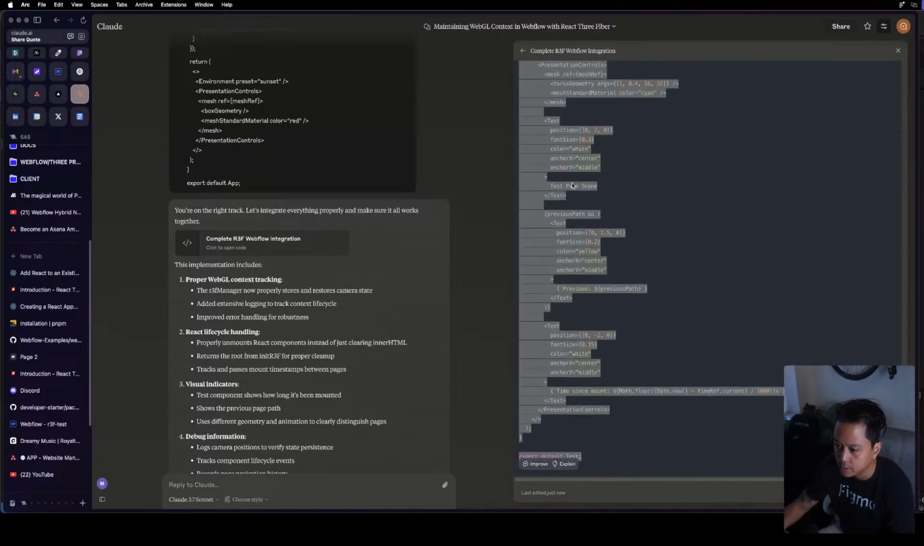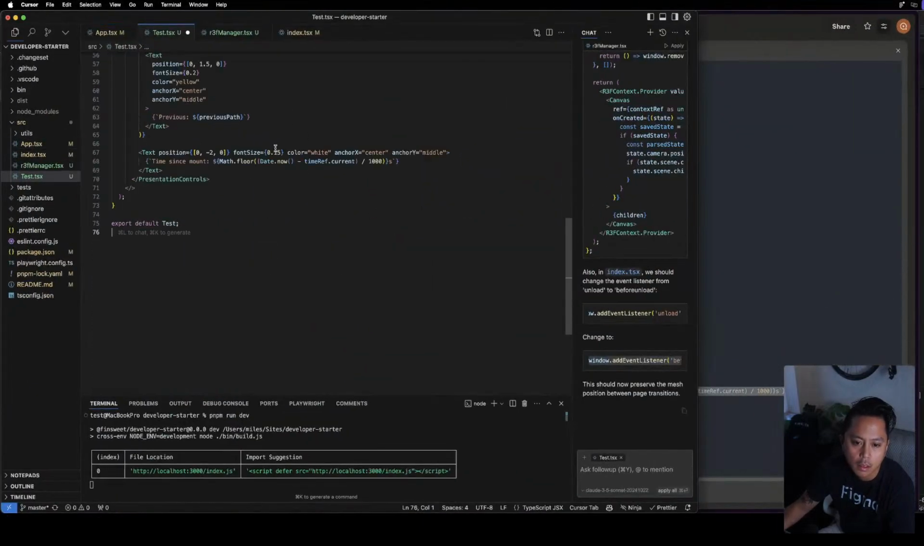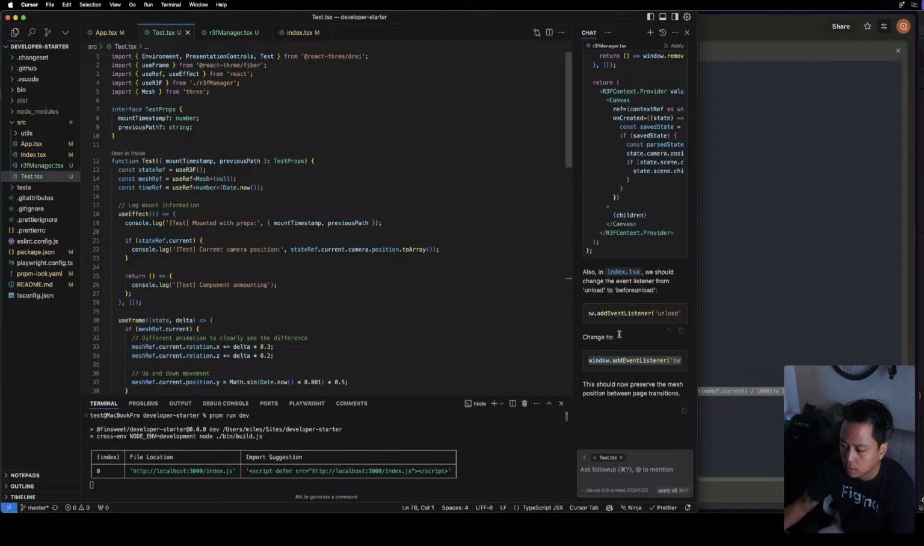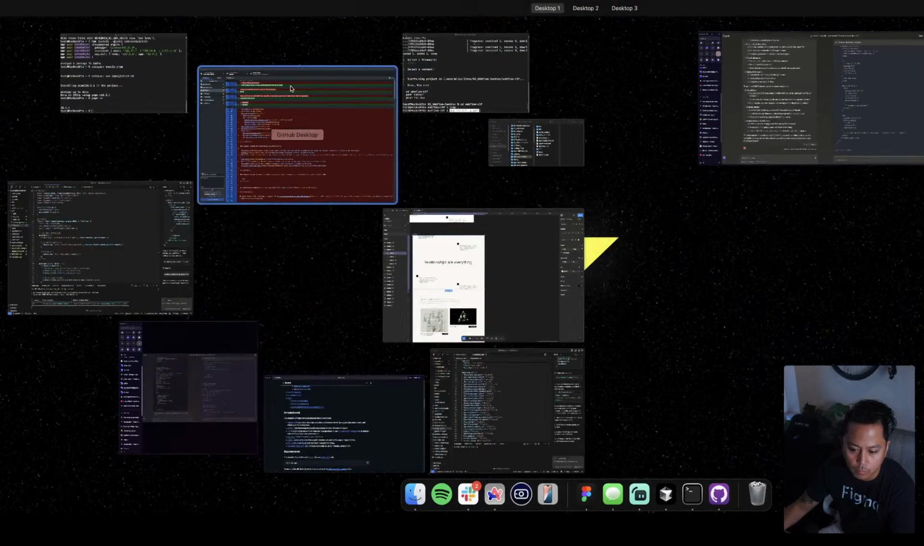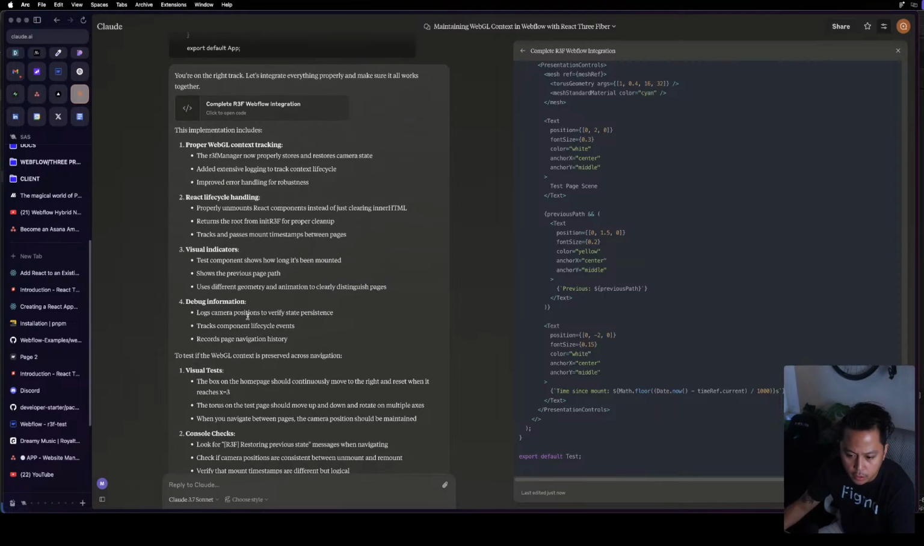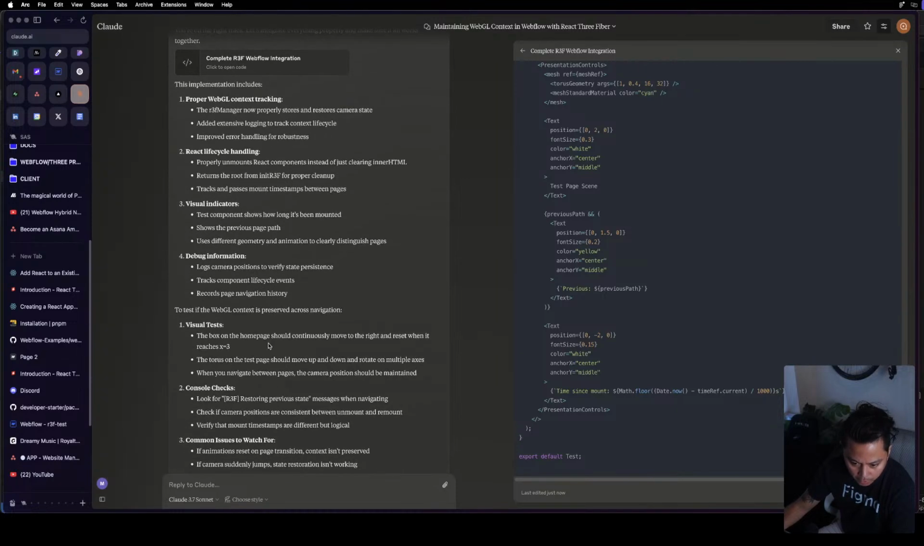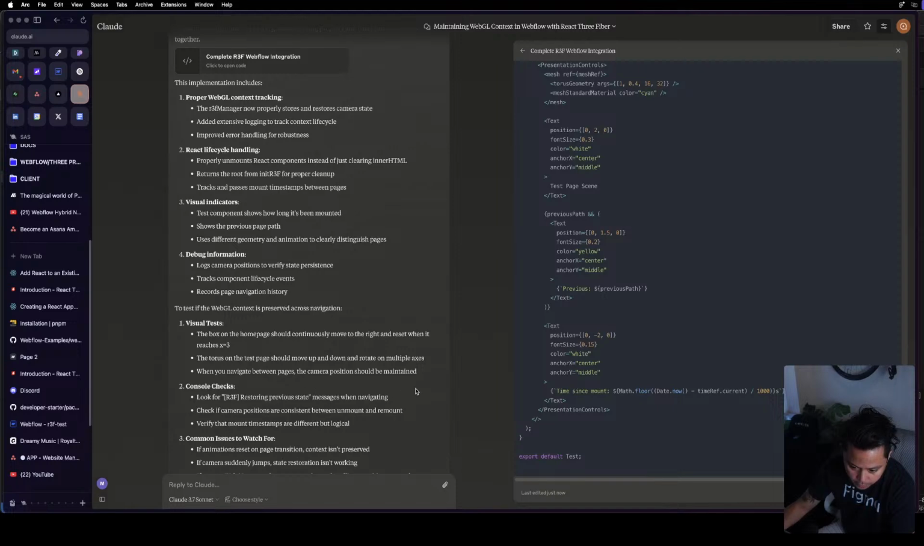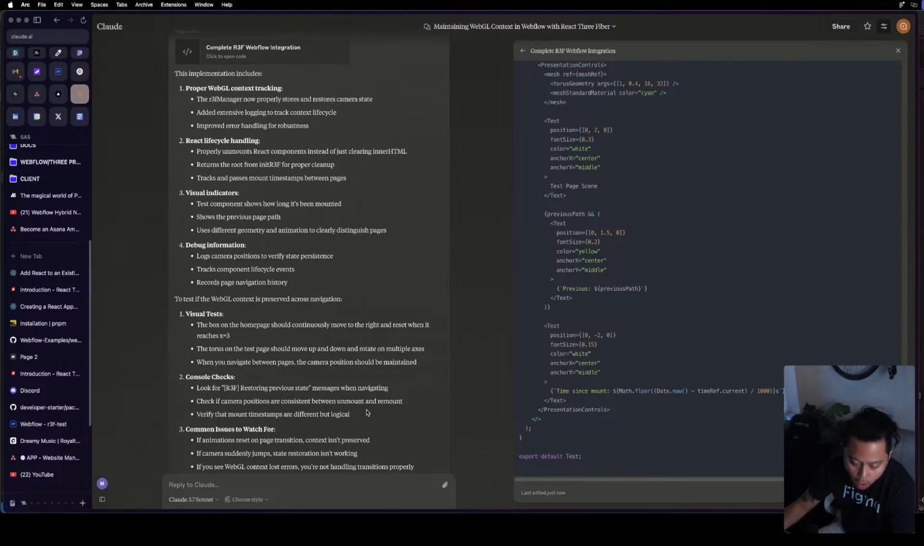It even added some text in here. Interesting. What does it say? Test component shows how long it's been mounted, shows the previous page path, different geometry. The box on the home page should continuously move to the right and reset when it reaches x equals 3. Torus on the test page should move up and down, rotate on multiple axes. When you navigate between pages, the camera position should be maintained. Look for R3F for storing previous state messages when navigating. Check if camera position. Oh,